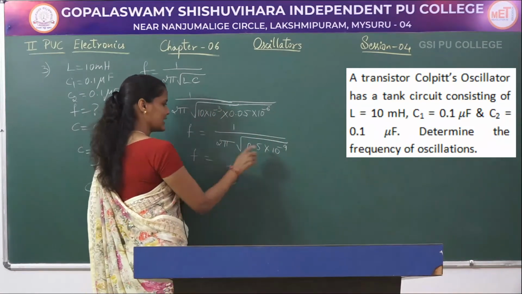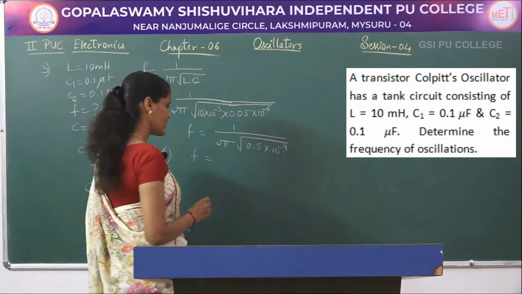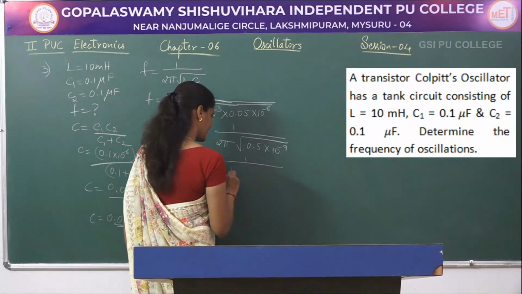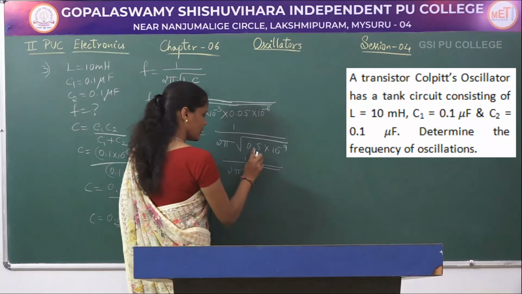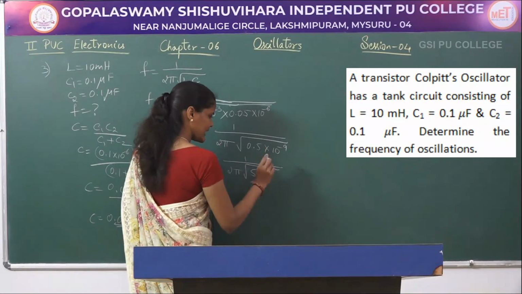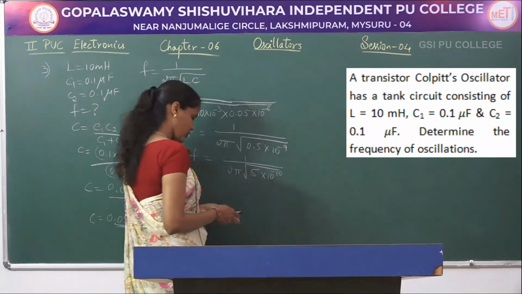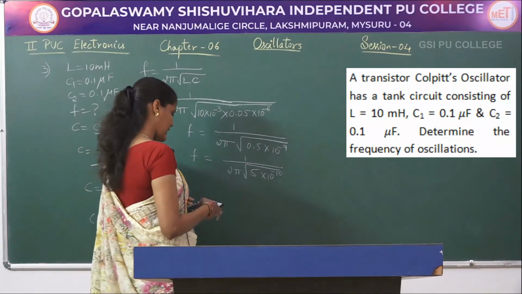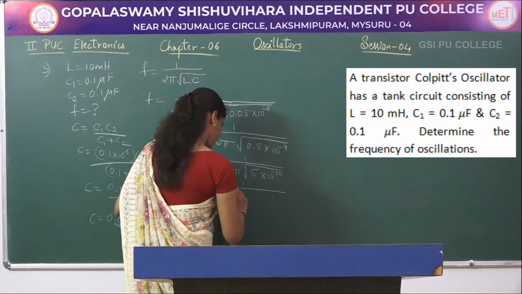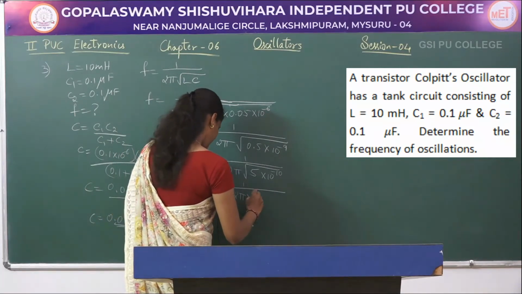So let me convert this 10 to the power of minus 9 to 10 to the power of minus 10. So 1 divided by 2 pi root of E, by shifting the point to the right side, I will be getting 5 into 10 to the power of minus 10. So root of 5 will be equal to 1 divided by 2 pi into